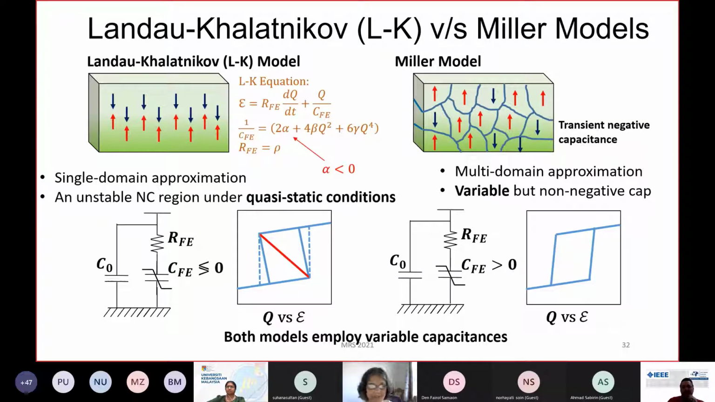So there are two schools of thought about this. The first is on the left, where by and large, for example, Salahuddin, Suman Datta, and that group of people use what is known as the LK equation to describe this ferroelectric. Now, this LK equation assumes the ferroelectric is a single domain crystal for which the electric field is given by this RC circuit. But here the capacitance is given by a polynomial which represents this S-shaped curve. And this R factor here